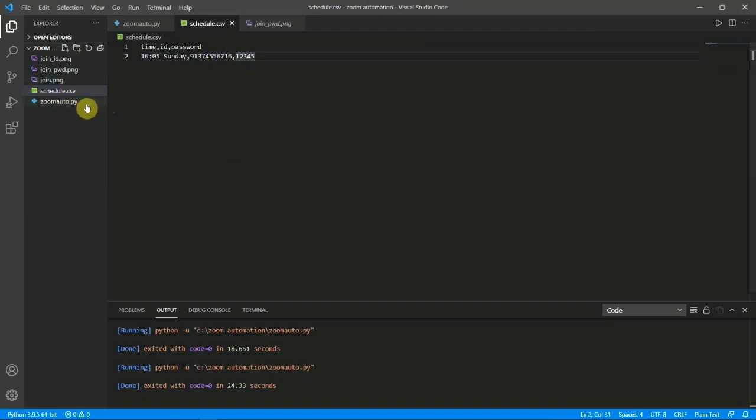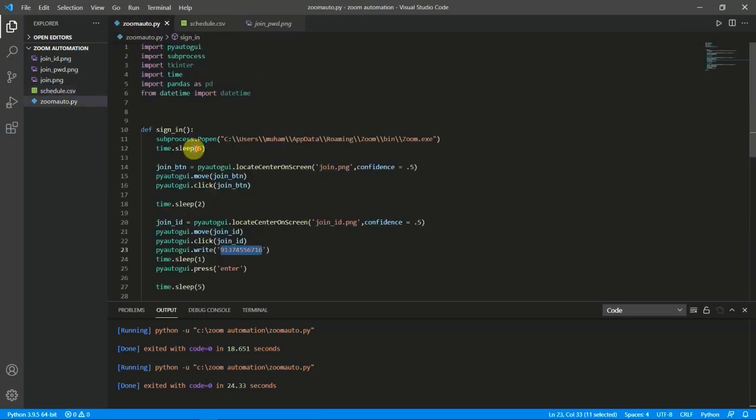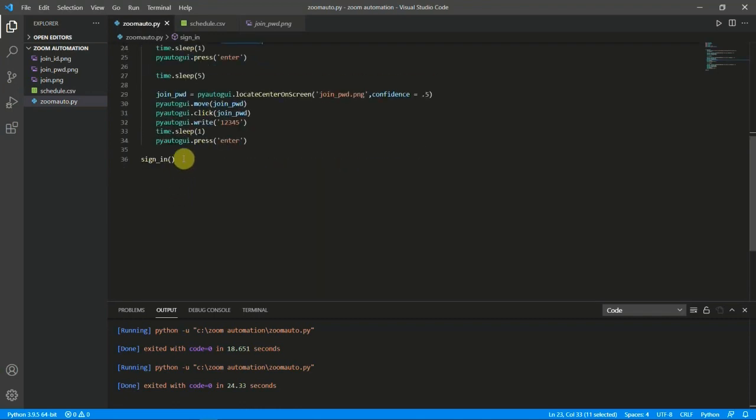Now I have to check for this time, and when this time and the actual time are equal, we will take out this ID and password and run the function, the sign in function. Okay, so let's see how we can code that.